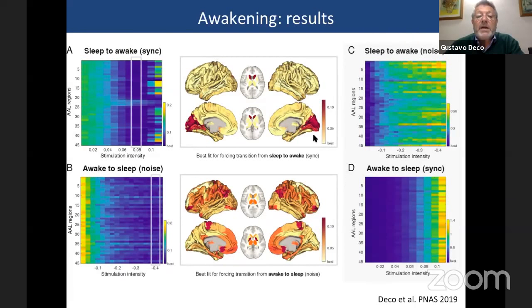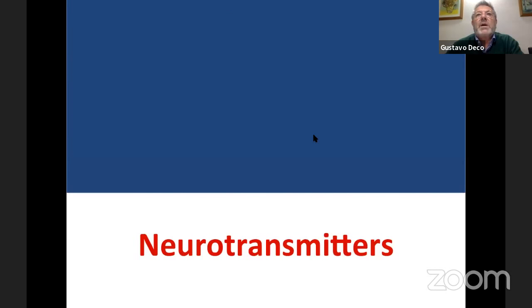So meaning that we can use this framework at least to detect the sensitivity of the different nodes for promoting a given, a specific transition. Just to finish, I want to mention very briefly, it's not the main subject of my talk,